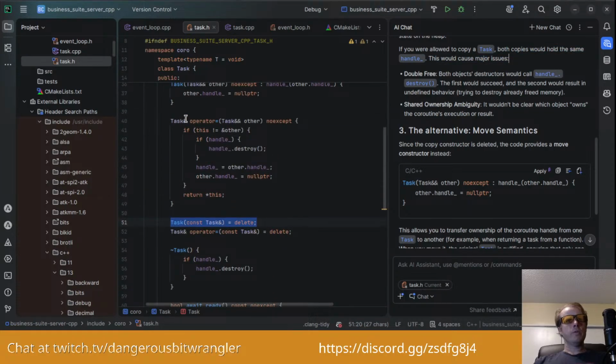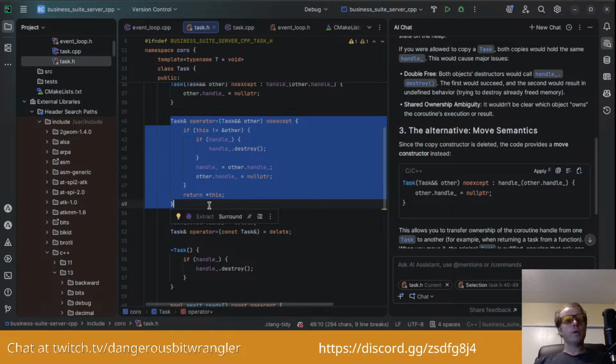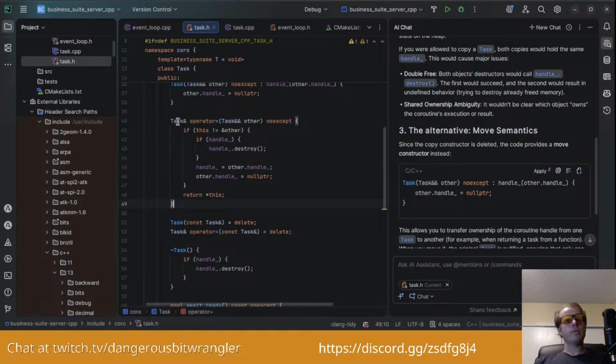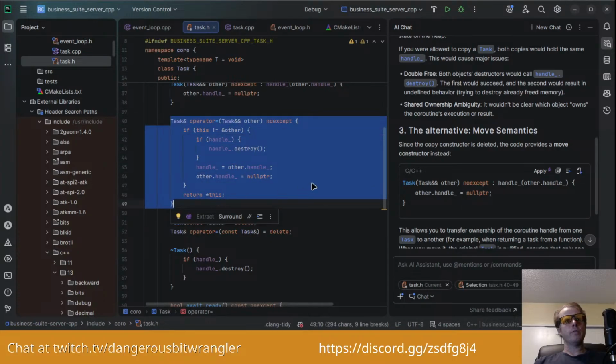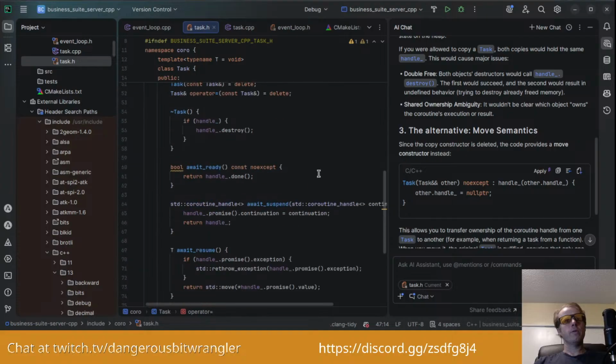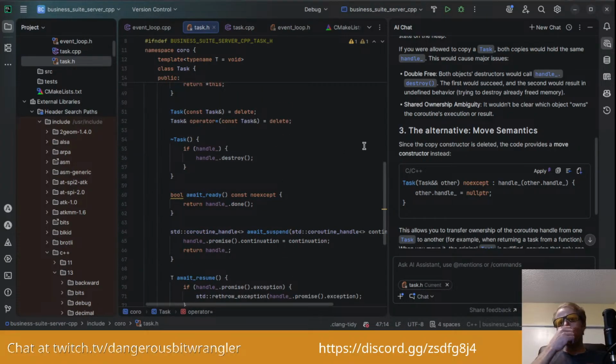Yeah, I thought we were defining this operator here for that purpose, but maybe I'm misunderstanding the usage of this operator. Maybe it's not used in the same way.